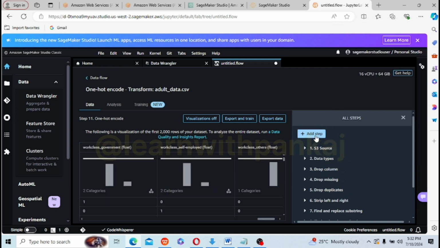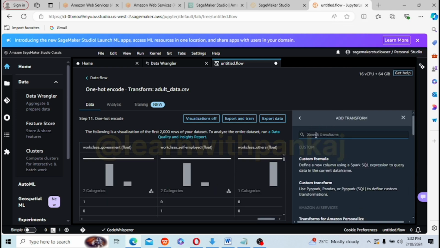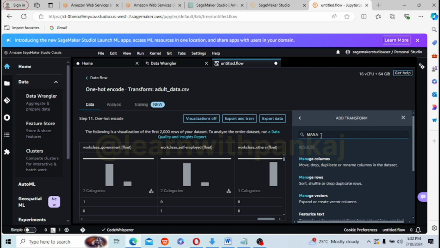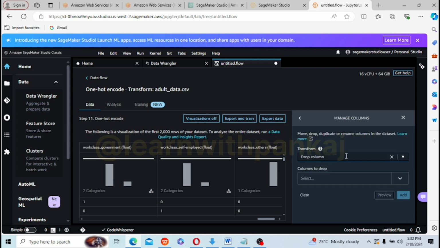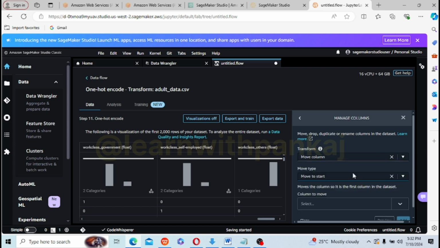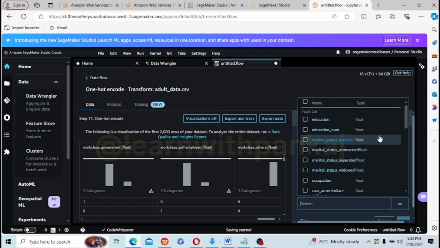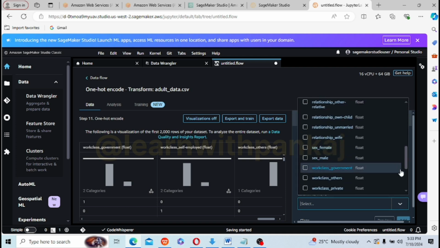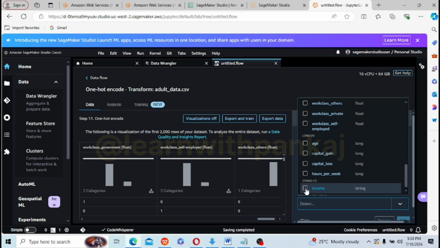We will go to add transform, manage columns, and in the transform we will say move column, move to start. That is correct. Column to move, and what is that column? It would be income. Where is it? Income column.